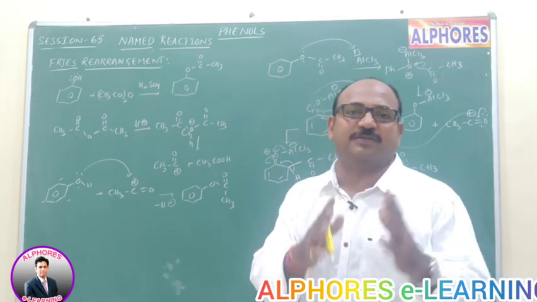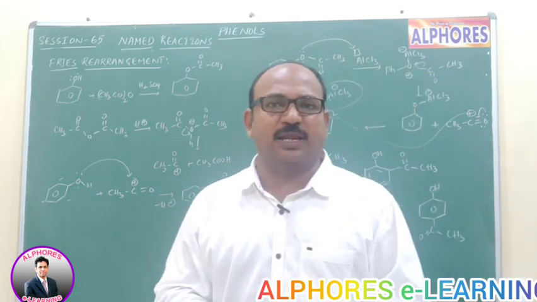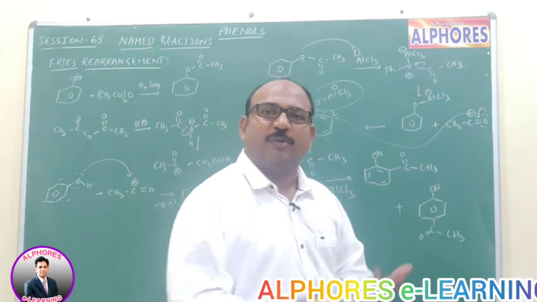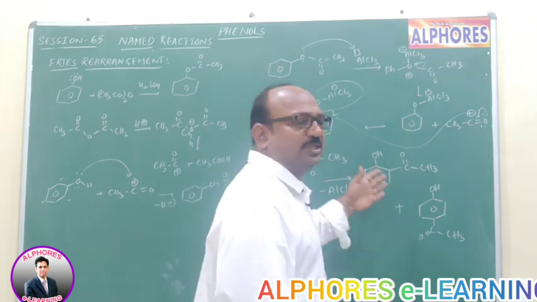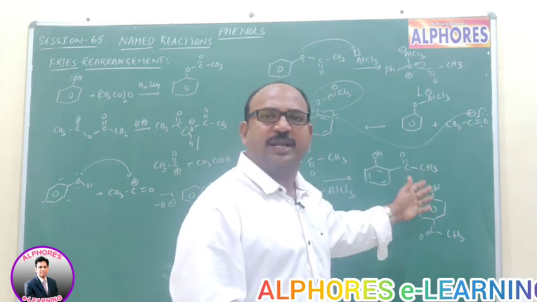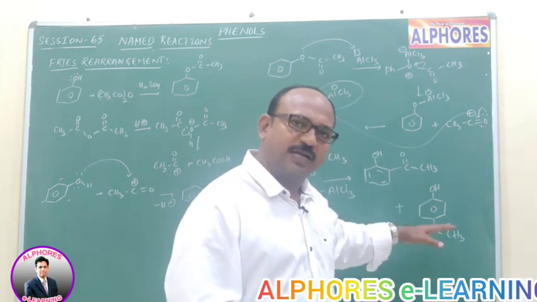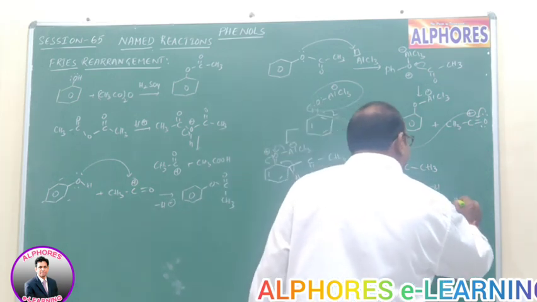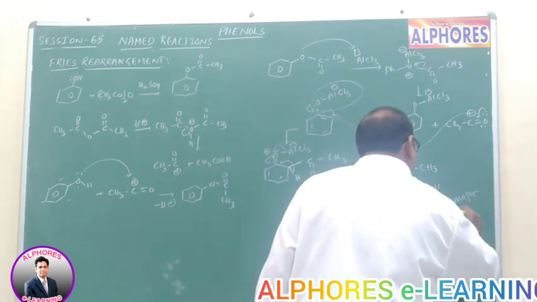And in the absence of such heat, at low temperature, around 60 degrees Celsius, it preferably attacks the para position rather than the ortho position, because in the para position the hindrance is much less. That's why we get the para product as major at low temperature,